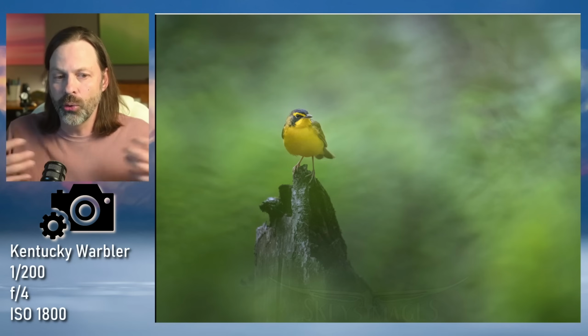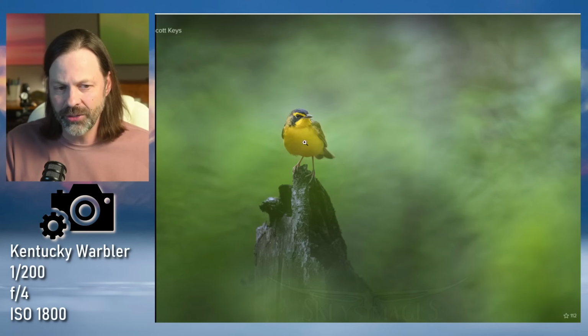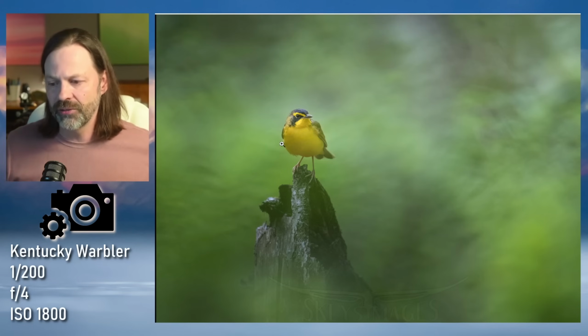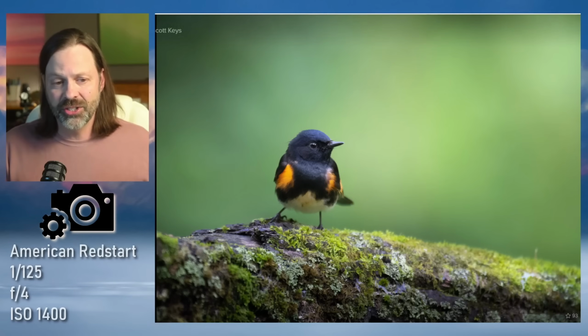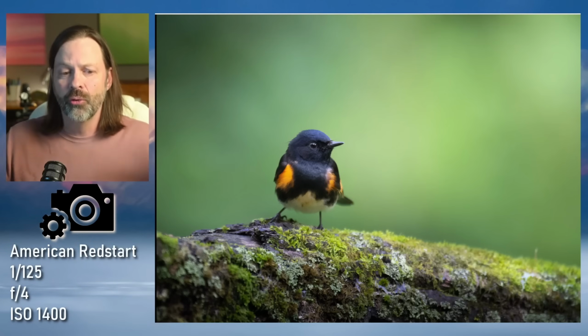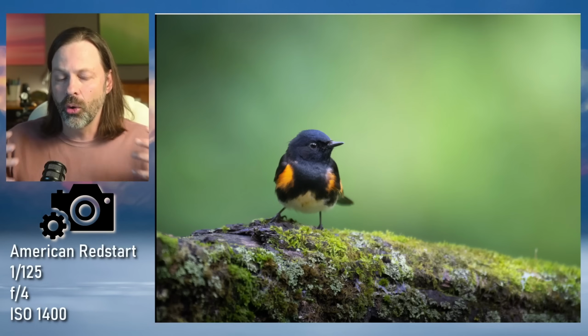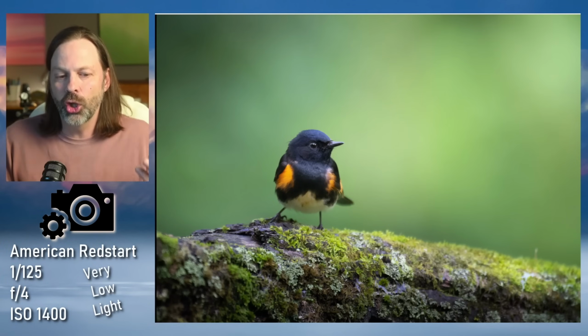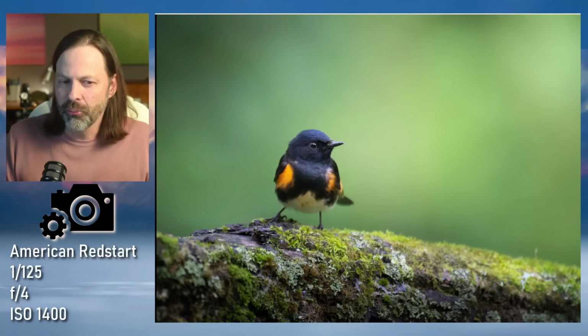But again, notice there's no hard shadows. Look at the underside of the bird here. No hard shadows. Everything just falls off nice and soft. And in this image, it's just pretty. Very slow shutter speed. Very overcast. But look at how the greens glow. Look at the moss. It takes a little bit of editing, but when you can bring it to life,